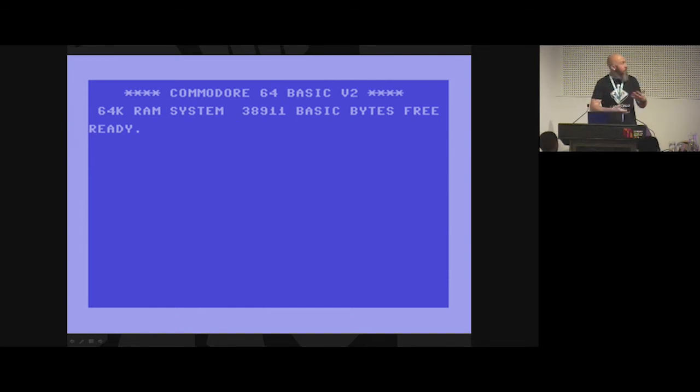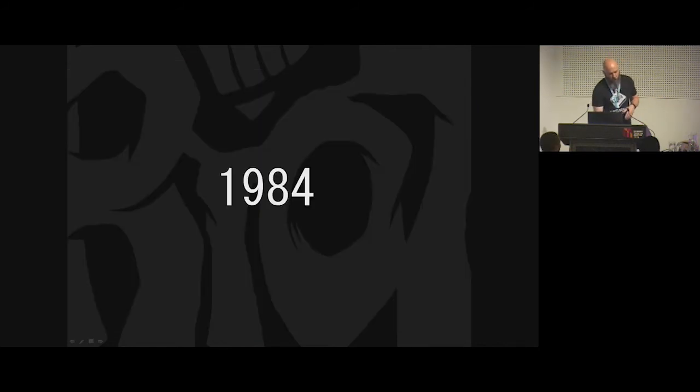Successful studios were starting to reuse their engines, and they were putting out similar games, game after game. So they'd have a genre that they'd work within. In 1984,